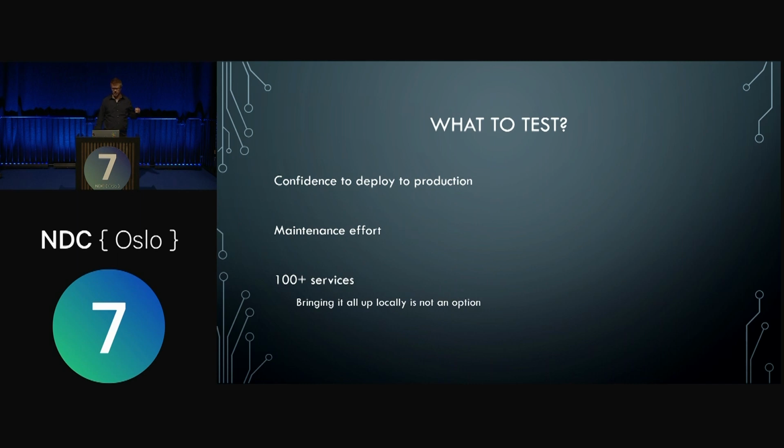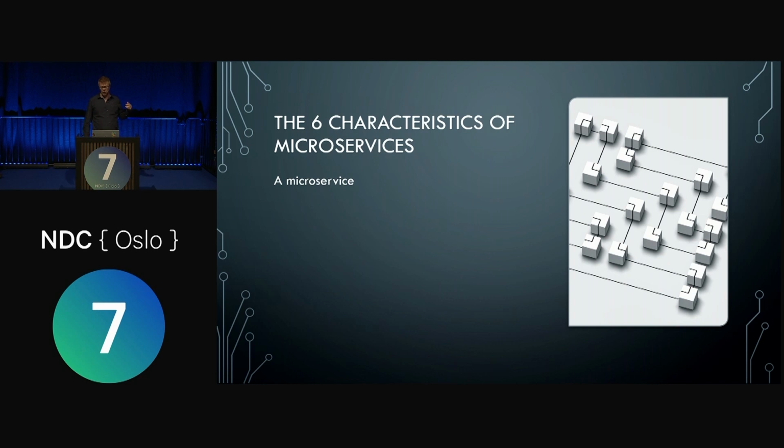But first, we need to detour a little bit and just very quickly talk about what a microservice is in my world, at least. I think you can find lots of different definitions. So what I'm going by is that a microservice is something that is responsible for a single capability. It's individually deployable, so you can deploy one without deploying the whole world, so that testing enough to have confidence to deploy, that's about, well, you deploy one at a time. So you have to have the confidence that you can actually do that, that you don't have to orchestrate all of it all at once.